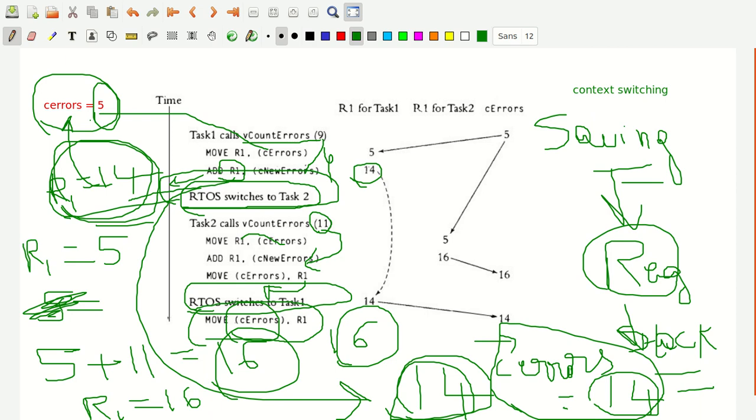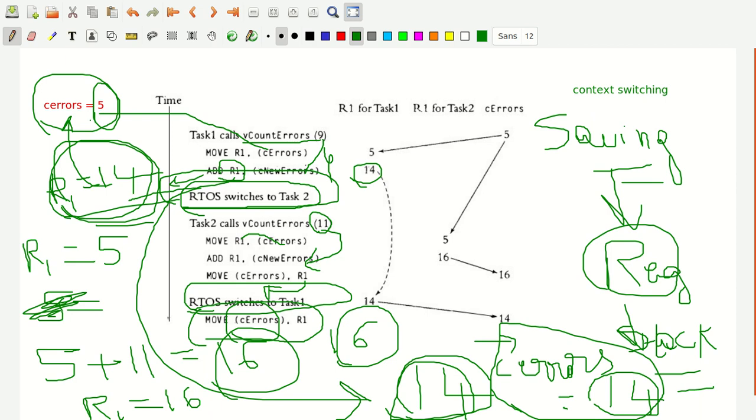But what should have been the right answer? You got this 14 because R1 was pushed onto the stack before the switching of the task from T1 to T2. And in the T2 task, C errors was calculated to 16. 11 was added with C errors; when 11 got added with the 5, you got 11 plus 5, that is 16.